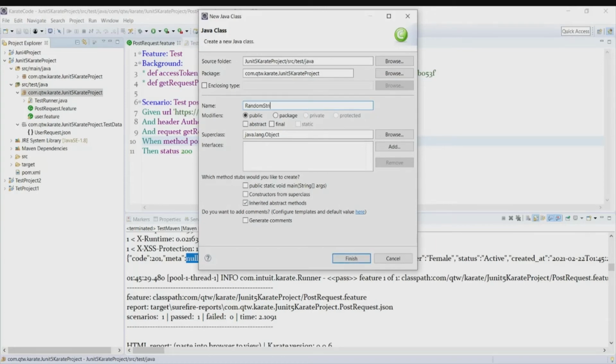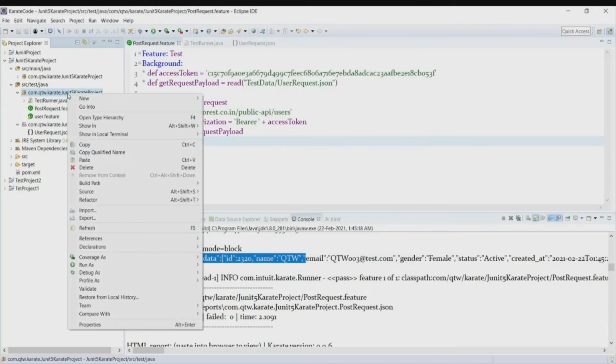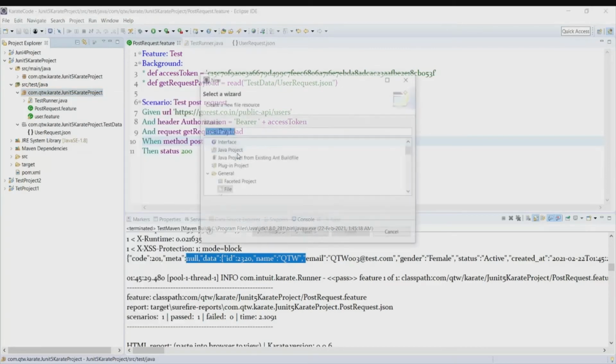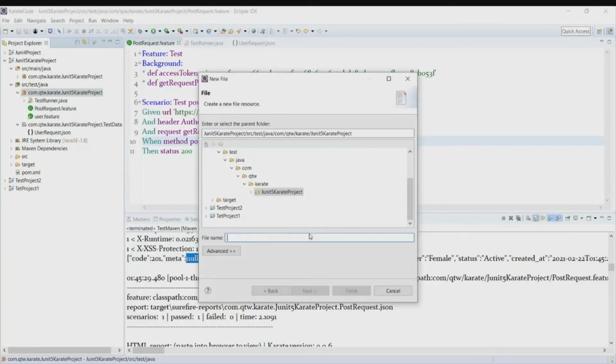Say we create a random string feature. Okay, I was creating a class, so let me create a file: random string dot feature.